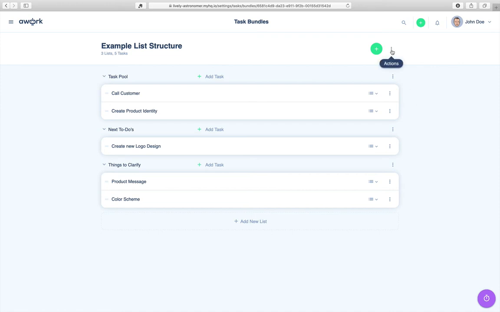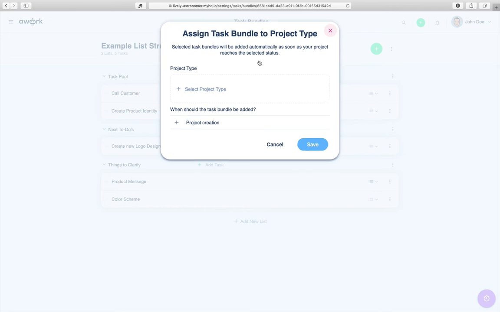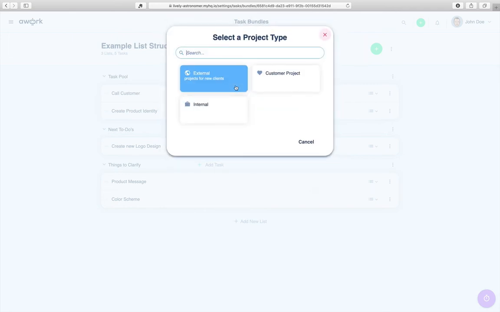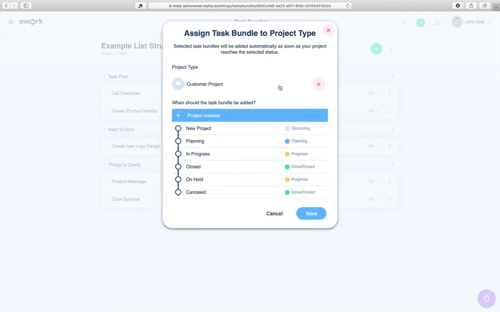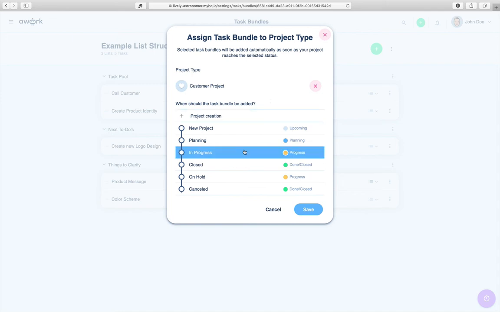By clicking Manage Project Types from the Task Bundles context menu, you can add this bundle to one or several project types. Once you do this, these task bundles will be automatically added to projects of this specific type. You can even set bundles to be added only once your project reaches a certain status. This is especially helpful for situations like quality gates or other regular to-dos that are a fixed part of your